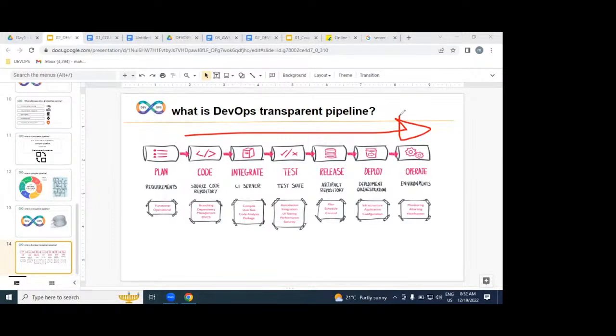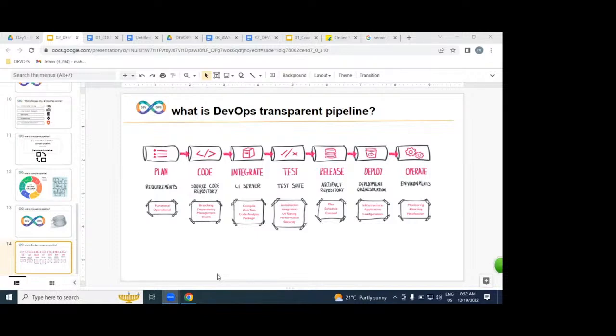While implementing this transparent pipeline, make sure you deliver within the shortest time, with high quality, and with low cost. This is exactly the DevOps process. I hope you understand what this DevOps process is.